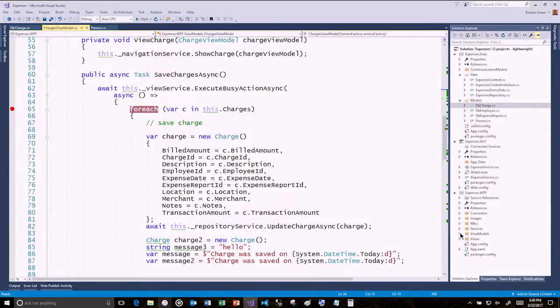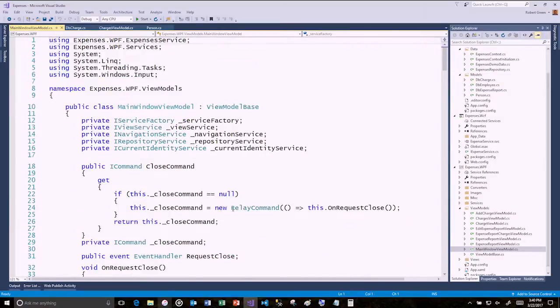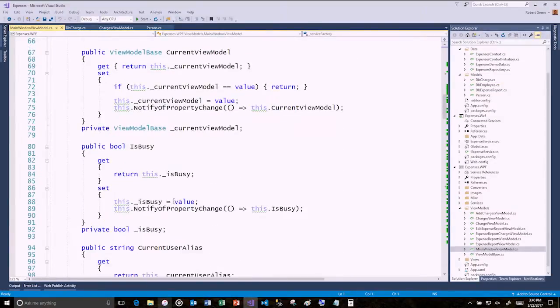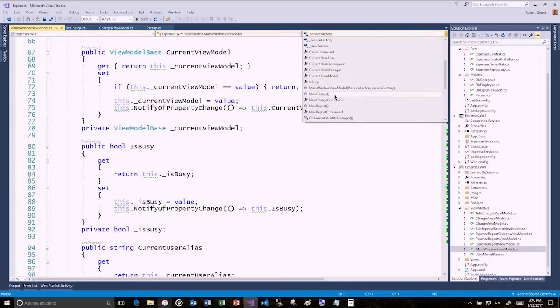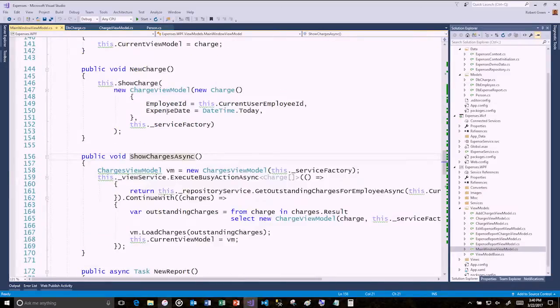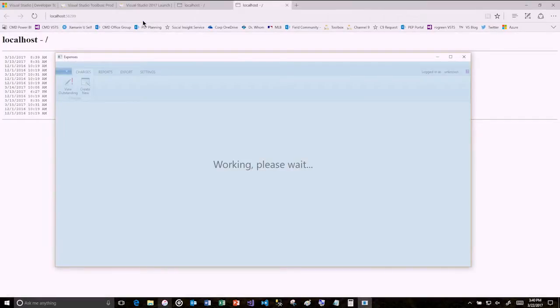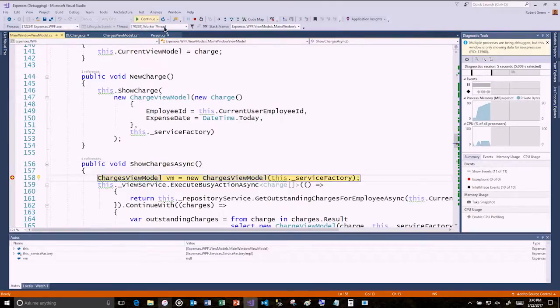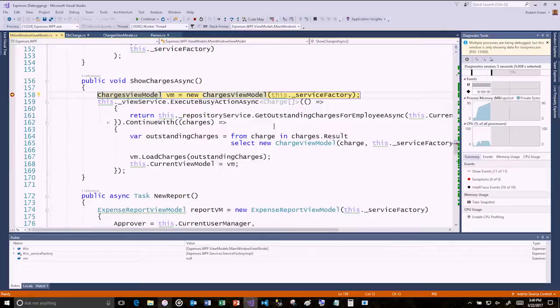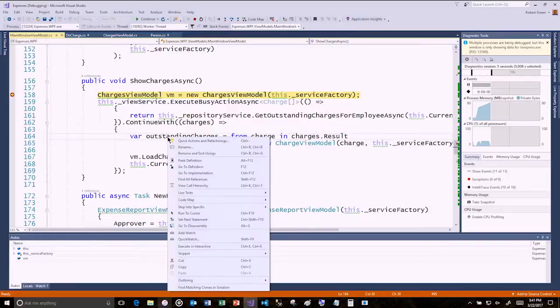Okay, let's go into the main window view model. And there is a method in here called show charges. Pretty sure this is the first code that runs, so I'll put a breakpoint there. Now I'm pretty sure I'll hit the breakpoint. There we go, perfect. Okay, so now let's say I want to come down to, for example, this line of code. Well, I've always had the ability to right-click and then scroll down here and run to cursor, or I could set next